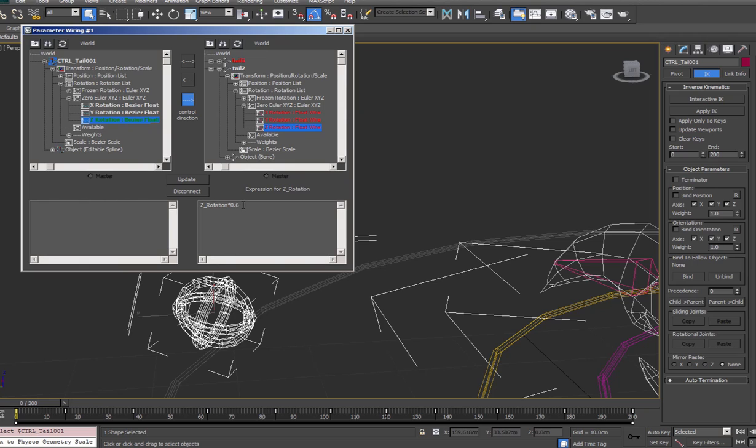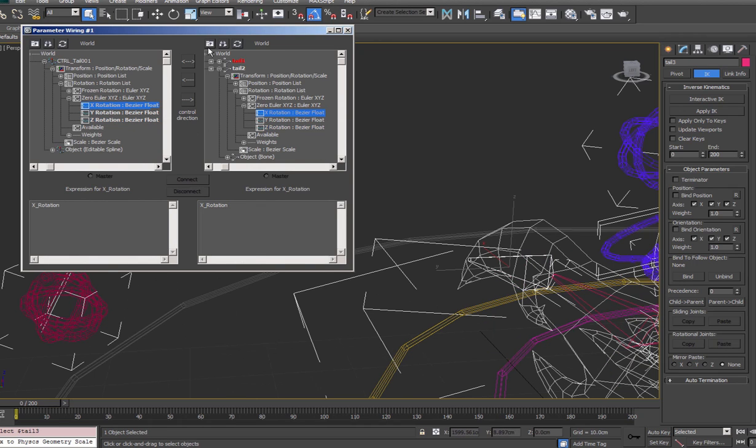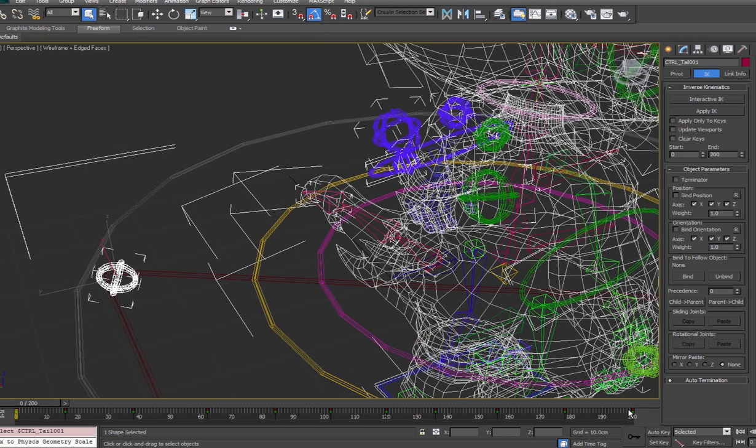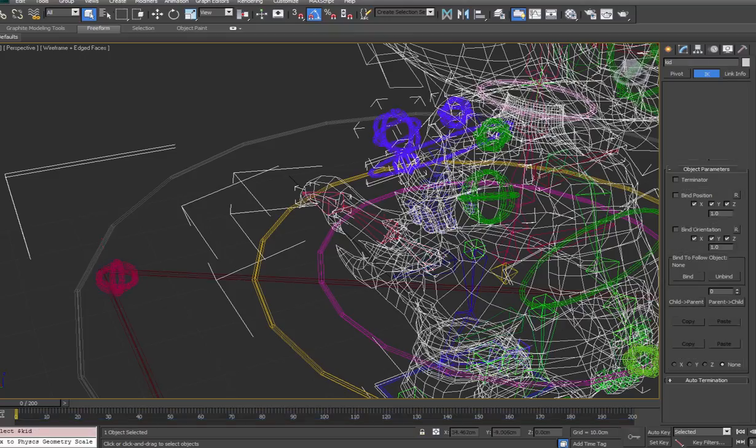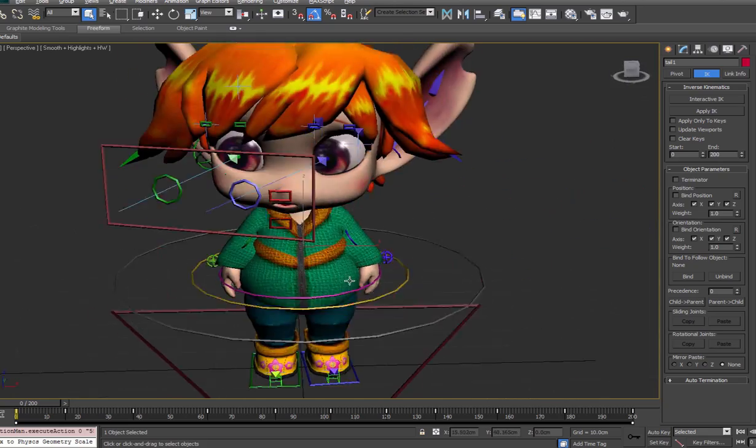manually. Okay, it looks like I got a Z times 0.6 for associating this thing with the second tailbone. So I'll just hit disconnect for each one of these. And I'll go third bone, refresh on this side, and do the same thing for this one. In theory, I should be able to take all these keyframes for the controller here and delete them. Transform to 0, and should still retain the keyframe animation for the tail motion, and we do. So that's good. Now all of these should be compatible.